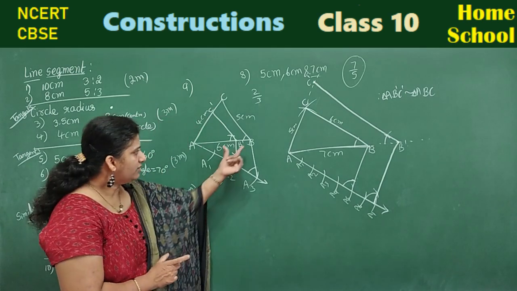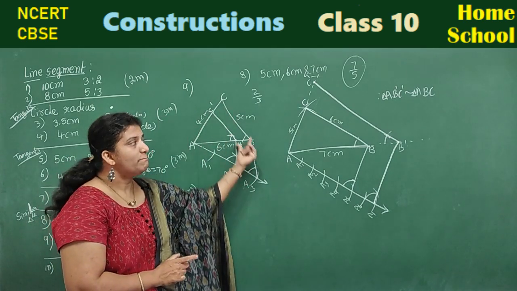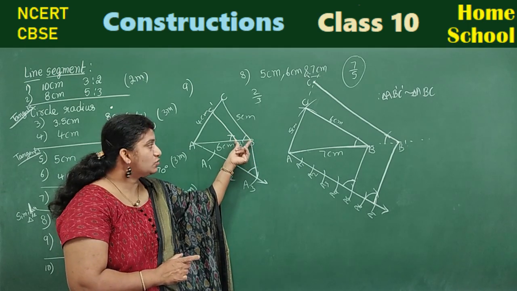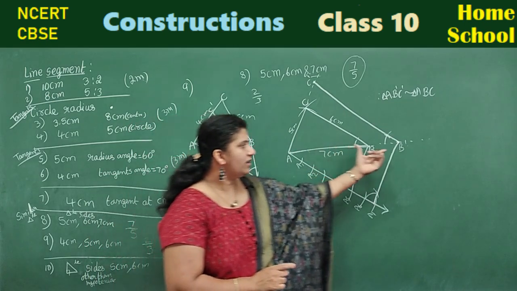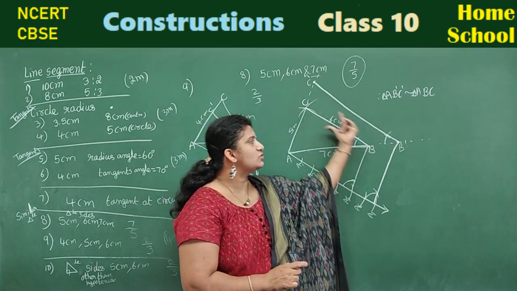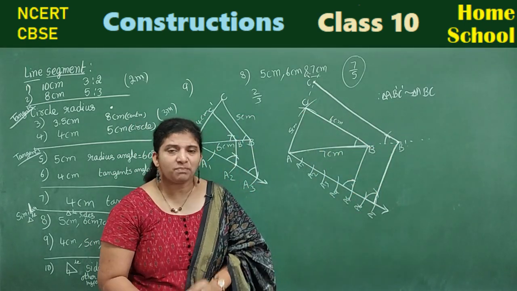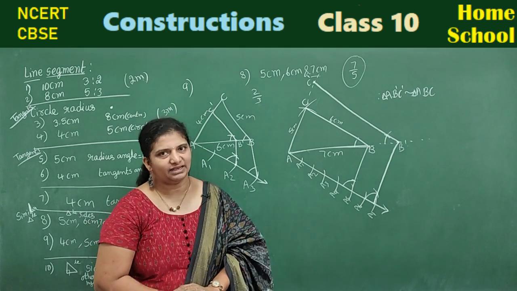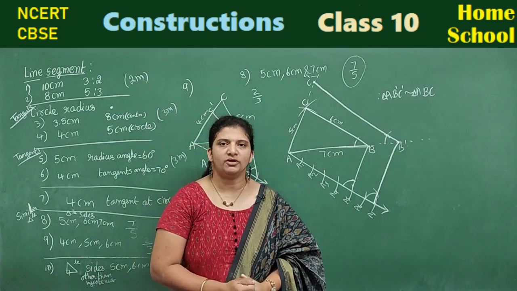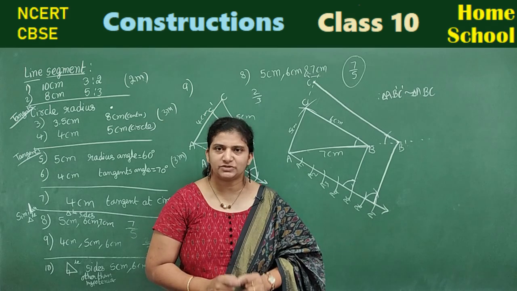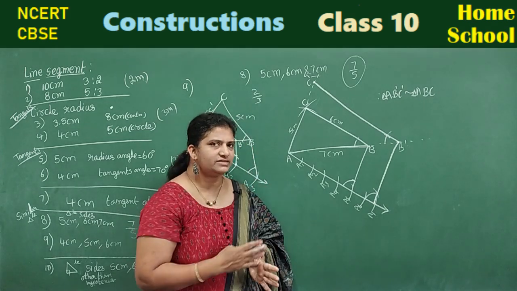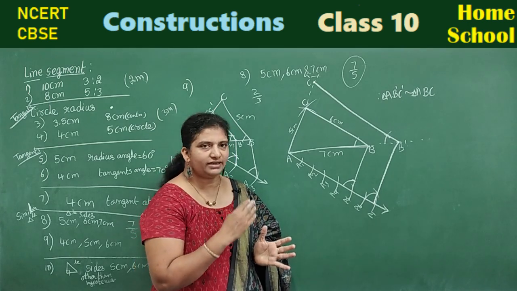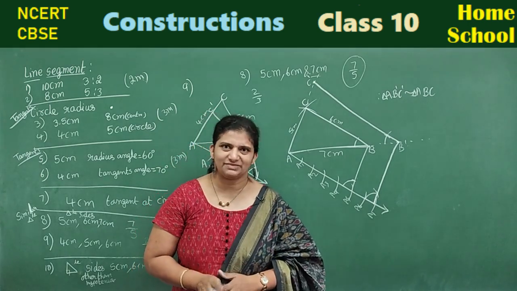How? See here, these two lines will be parallel. If these two lines are parallel, you can say your figure is right. Observe here, these two are parallel, these two are parallel. If they are parallel, your construction is correct. For a 4 marks problem, you need to do the construction steps also carefully. Write the steps, how we are doing the construction, in the same manner, in the form of construction steps.